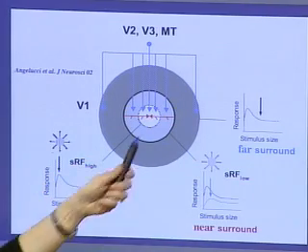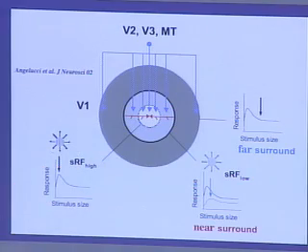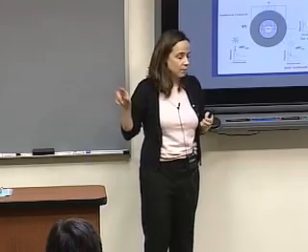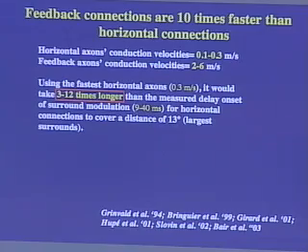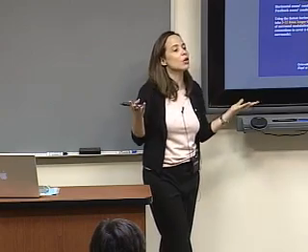So one question that you could ask is, okay, if horizontal connections are too short, could we then mediate far surround effects using polysynaptic chains of these connections? And so that's when one needs to look at timing. At the time we were performing these studies, when we initially proposed that feedback may be involved, a number of laboratories were looking at the conduction velocities of horizontal axons versus feedback axons. The common dogma back then was that, of course, it must take a long time to go from V1, say, to V2 or to V3 and come back, whereas it was assumed that it's much faster to travel within V1 itself. It turned out to be the exact opposite.